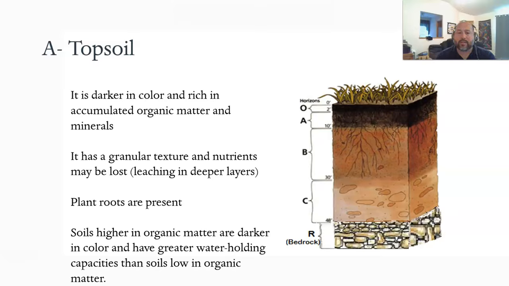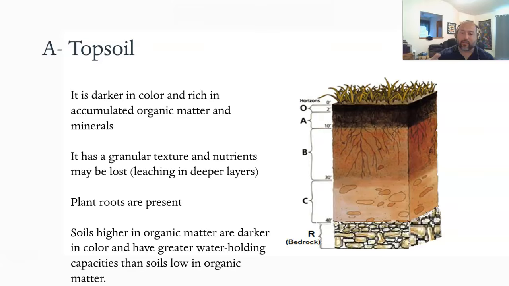So the topsoil is usually darker in color, and that signifies a richness of accumulated organic matter and minerals. And also, if your soil is nice and healthy and everything's going right, your soil should go from darker to lighter as you go along, because you have this greater presence of organic matter and minerals, because it's working its way from the surface down, and eventually you're just going to have less and less as it works its way through the soil. Usually the topsoil has a granular texture, and nutrients will be leached into the deeper layers, but